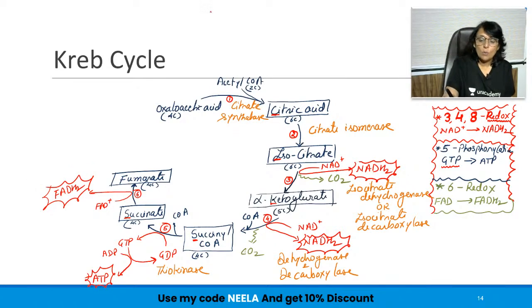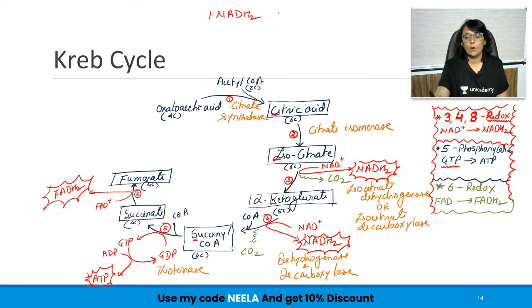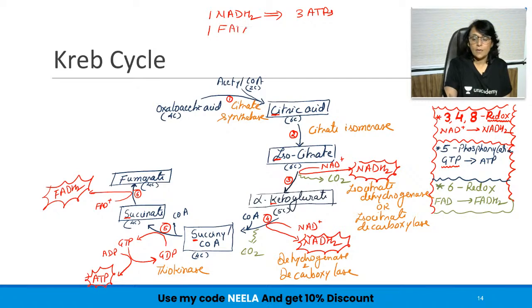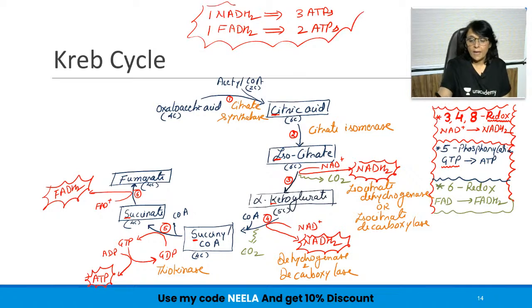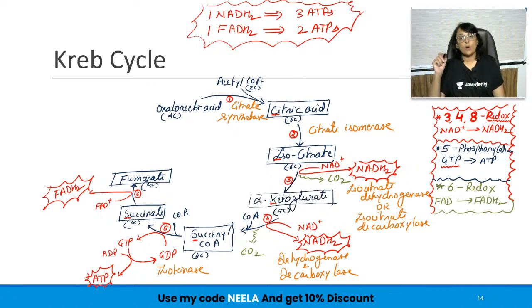We know 1 NADH2 later on will give us 3 ATPs, and 1 FADH2 will give us 2 ATPs. This also is very important. We have to remember it, and we will understand this when we talk of electron transport chain and oxidative phosphorylation. So we are done with